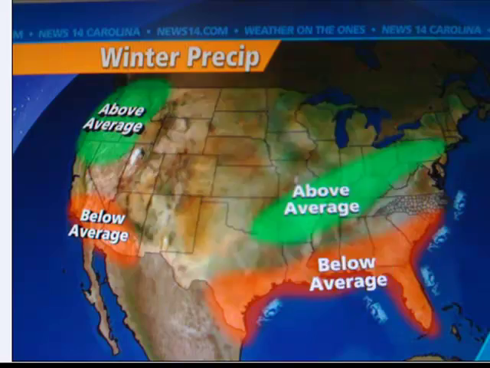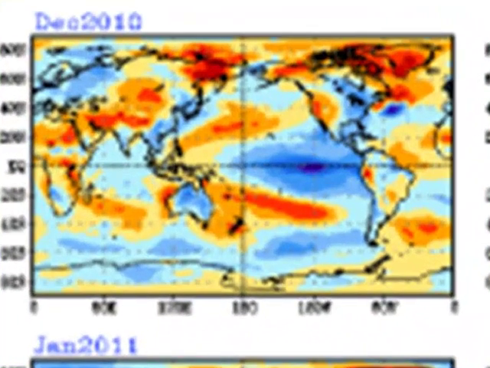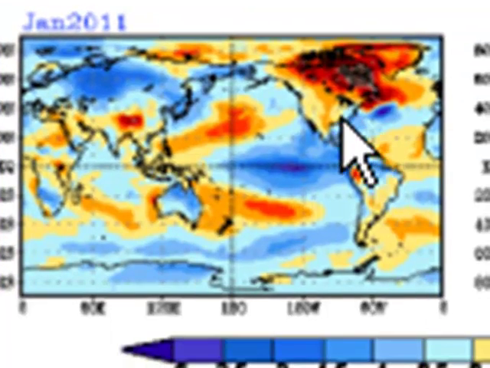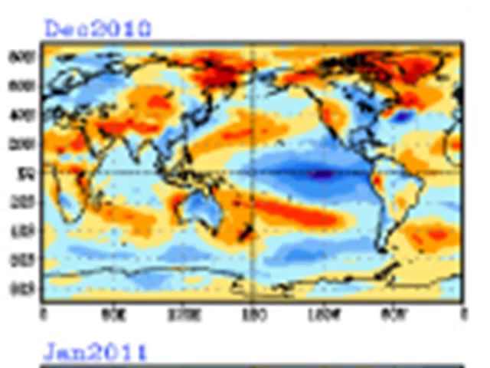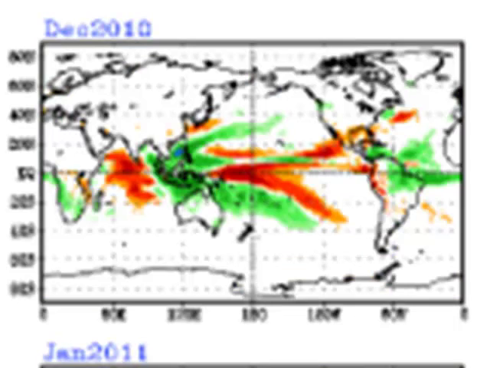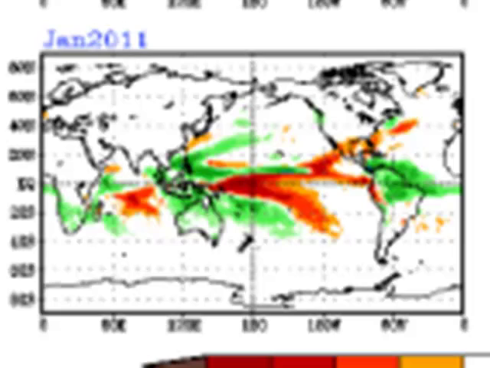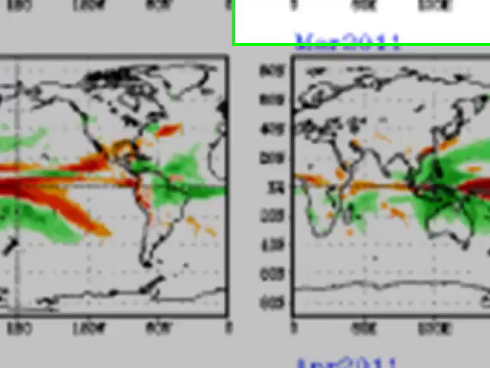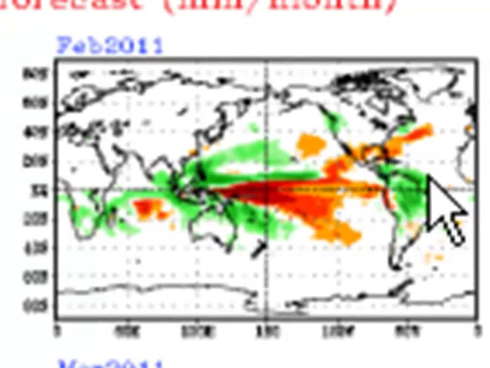And one final thing to show you before I wrap up the video. This is the CFS, the Climate Forecast System monthly forecasts. And here is December. Notice across the east, it actually has December as a colder than average month, close to average in January, and then way above average in February. As far as precipitation is concerned on the CFS, December, January, and February, you notice that drier pattern close to the Gulf, and then kind of close to average precip north of that. So that's the general idea right now.